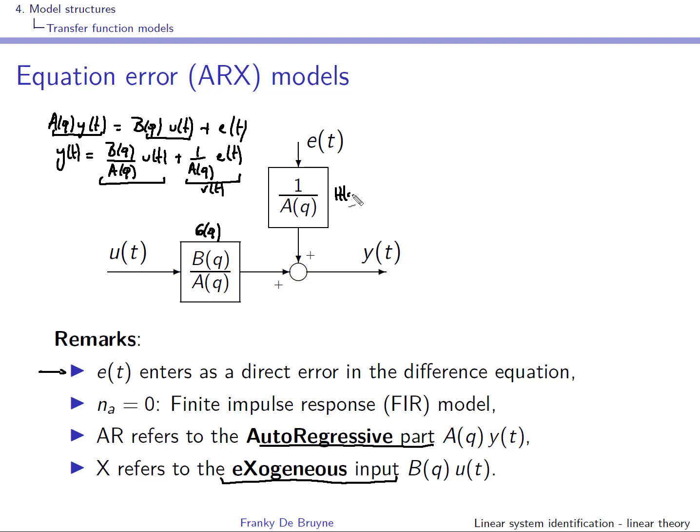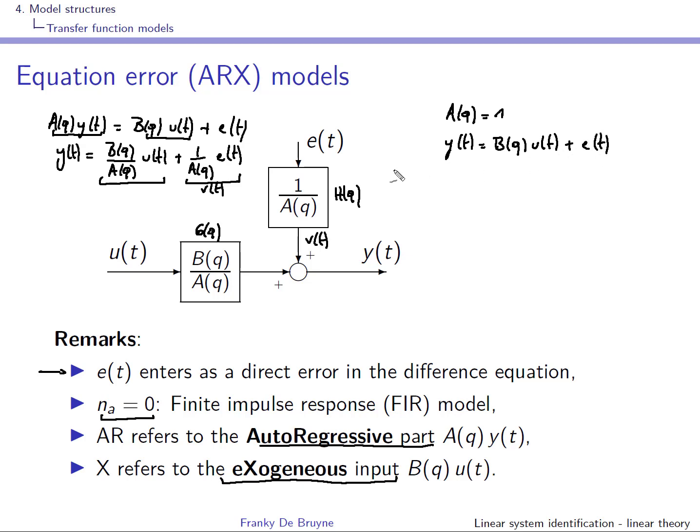This is the noise model, and this is v(t). If you have na equal to 0, then really A(q) is equal to 1, and the model simplifies to simply y is